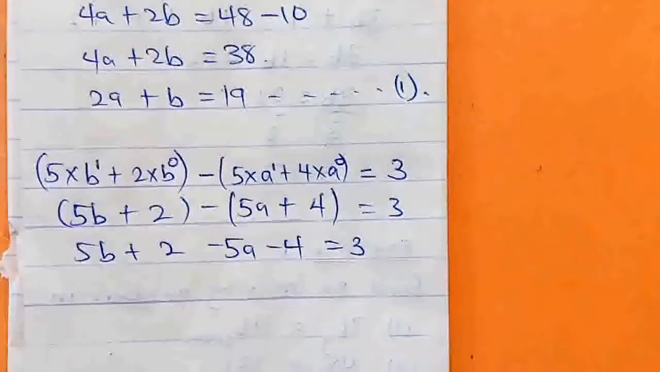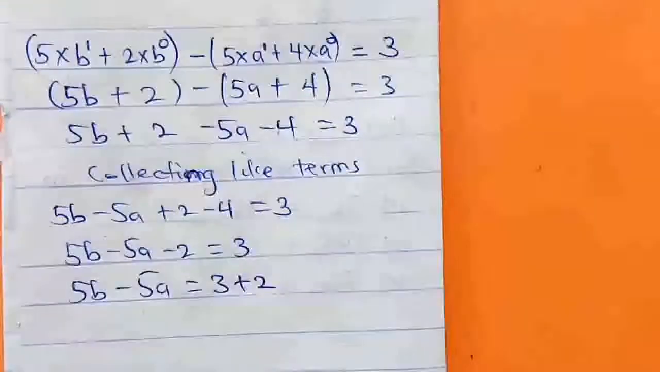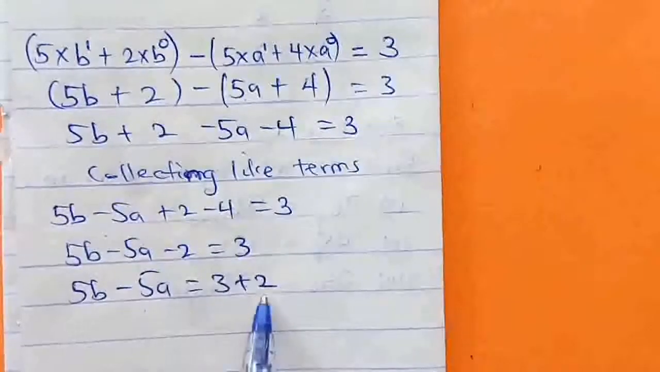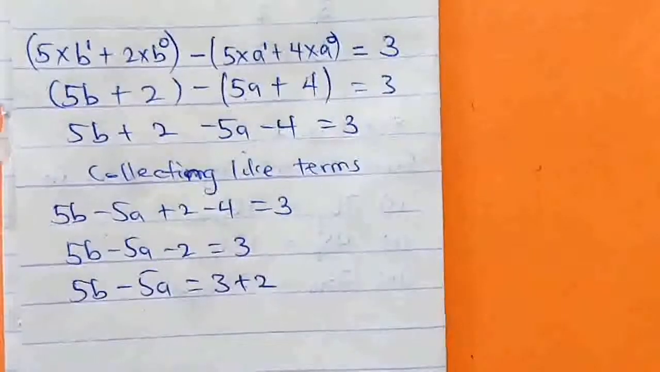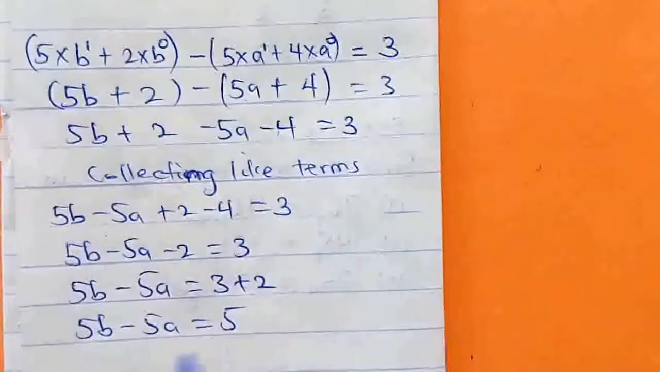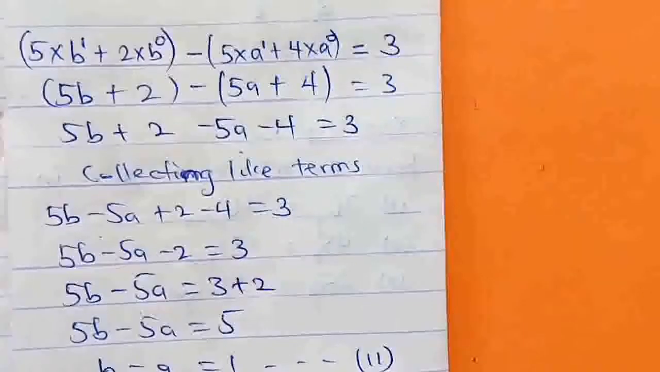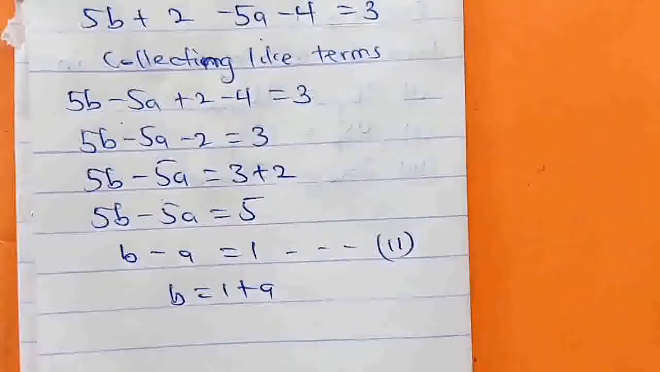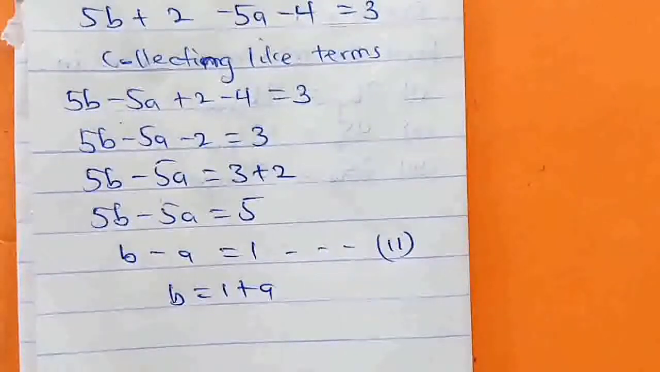Collection of like terms, where this minus 2 go over here to become plus 2. 5 can divide throughout. Therefore, if 5 divide throughout, that becomes my equation 2. Now, we can make B the subject formula here. B will become 1 plus A, and if we substitute B in equation 1, we will have,